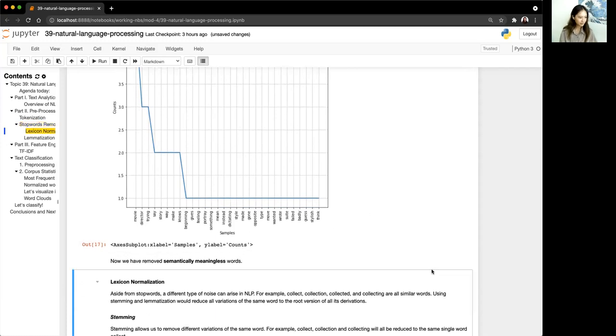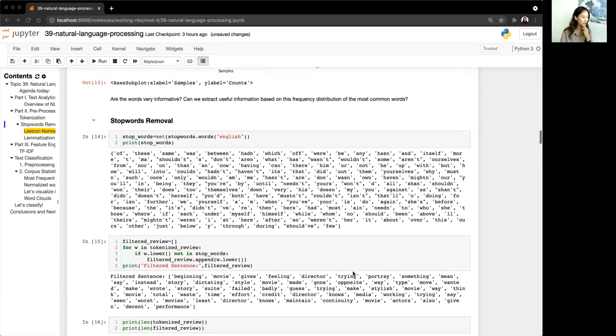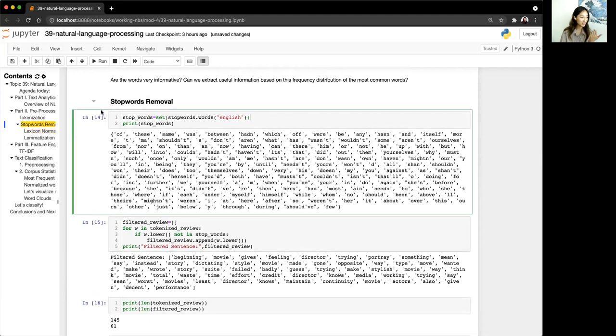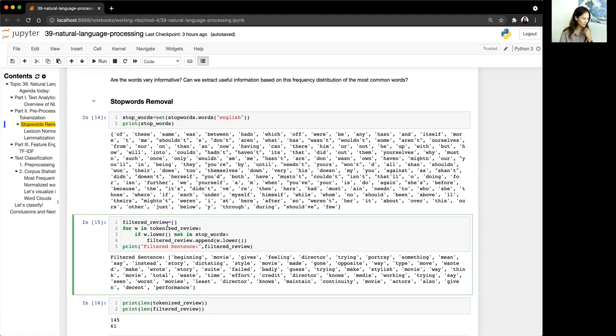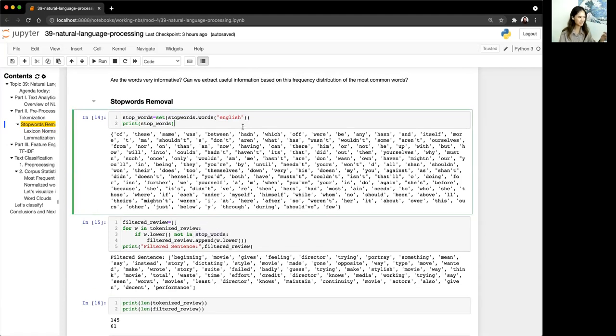Can you add custom stop words, depending on the context? Absolutely. What we'll see later is that from this set of stop words, you can definitely add to this list. Instead of just 'not in stop words', you can literally add words to this list. If you're doing something that's contextually very specific, you can add your own stop words. Maybe based on your frequency distribution, you notice, okay, this is a movie review, I don't need to see the word movie. You can add that in there. We're going to do that example later as well.